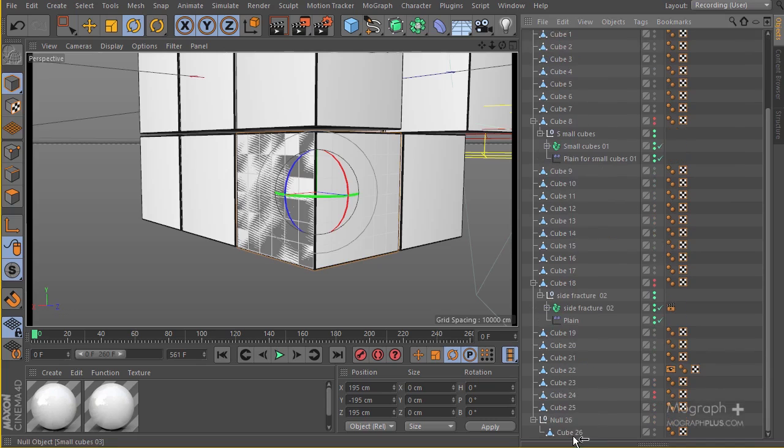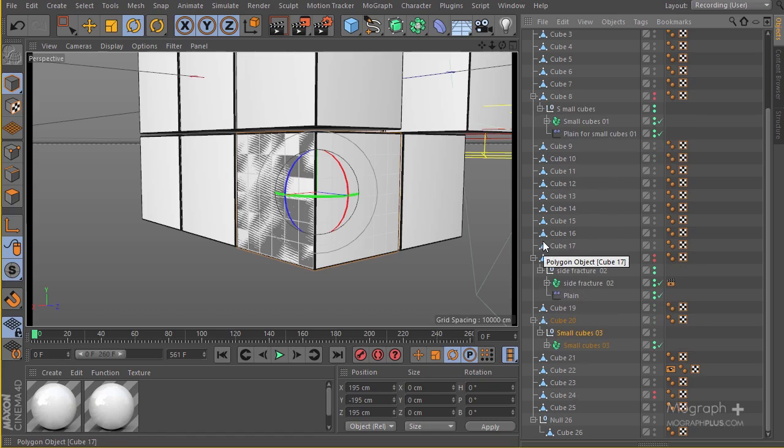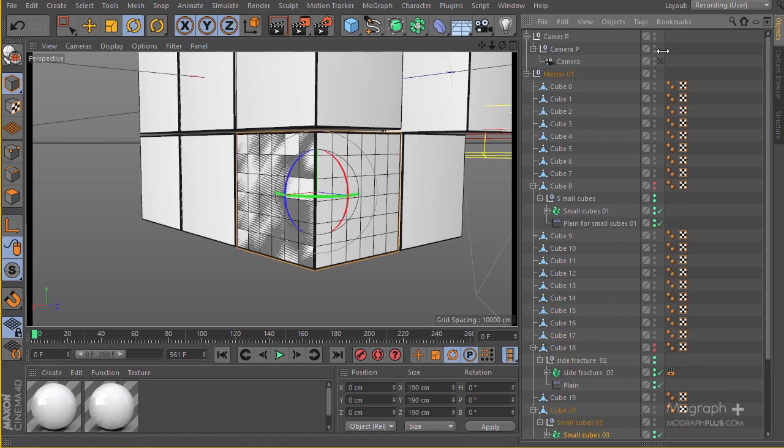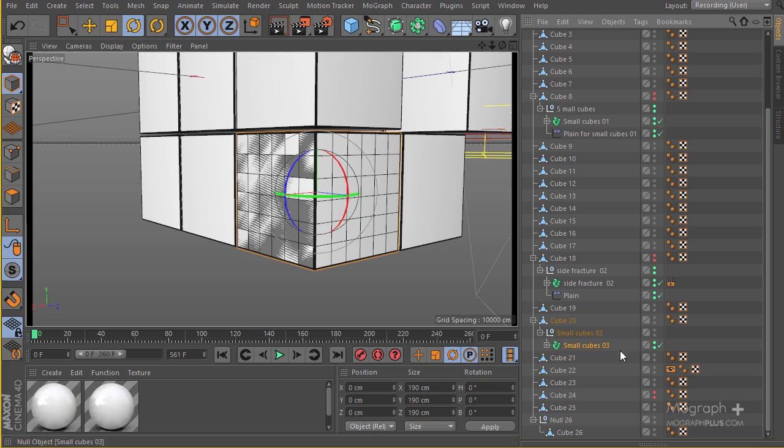If our setup breaks, if our Rubik's movements break, we might need to change this parenting system to a constraint tag system. But for the moment, let's see how that's going to work out. So here is our null, and we can go ahead and work on the fracture object and see how exactly it happens. Now if I get back to my camera, we can hide